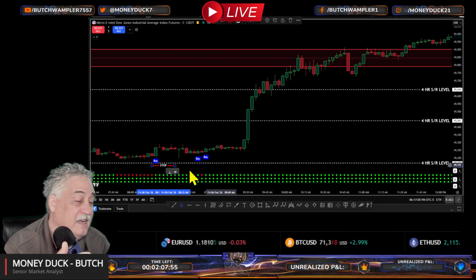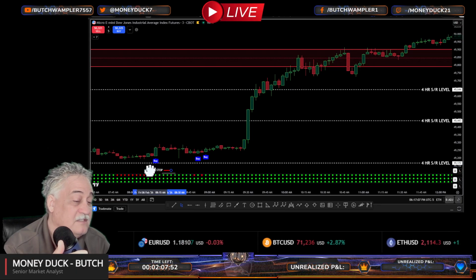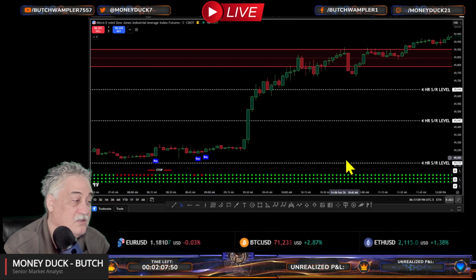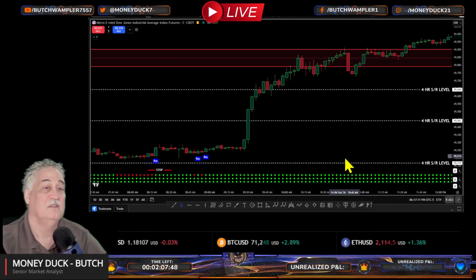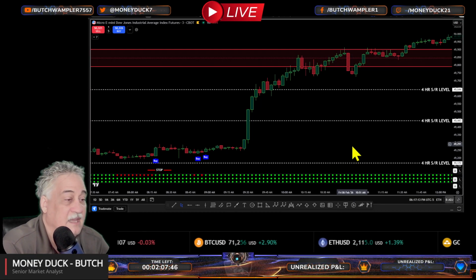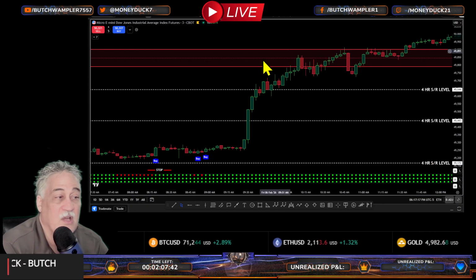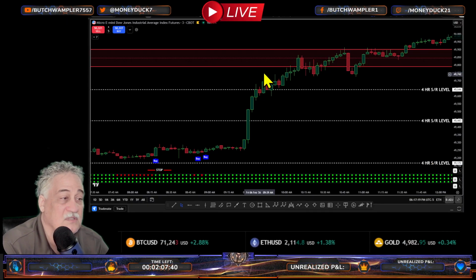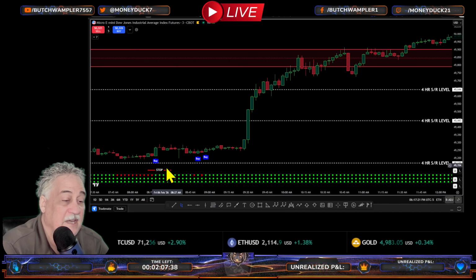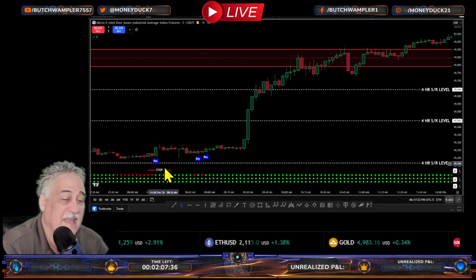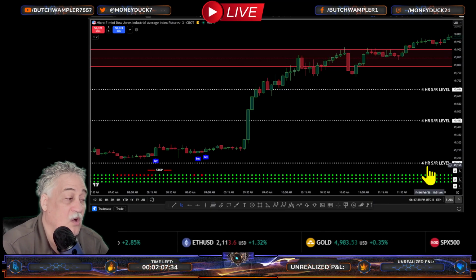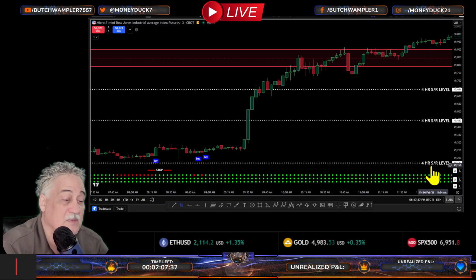Stop marker down here below a 4-hour. That's a 4-hour support and resistance level. These are all drawn out on Sunday. We do that over the weekend, Saturday and Sunday. We draw the 4-hour support and resistance levels. We also draw all-time high zones, which is this red one right here. So again, our stop better be below the 4-hour support and resistance level, because that